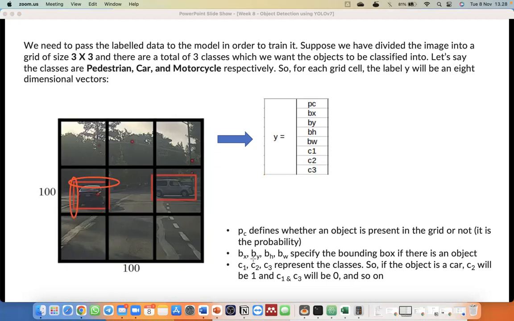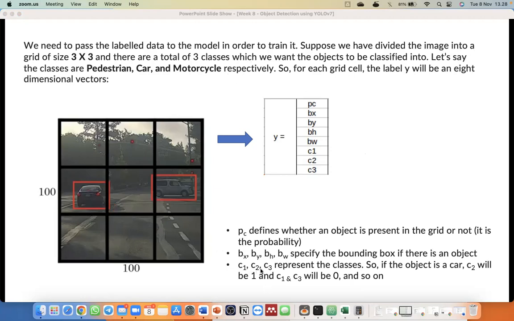So Px, Py, Ph, and Pw specify the bounding box if there is an object. I will give you an example after this. What is the meaning of Px, Py, Ph, and Pw? As far as I know, these represent the location of the bounding box. Wait a minute, I will explain it in the next slide.